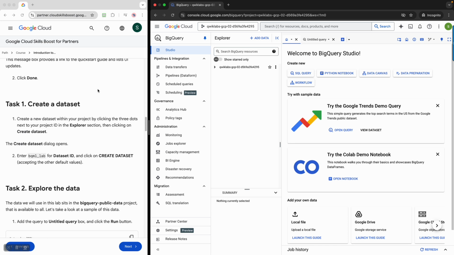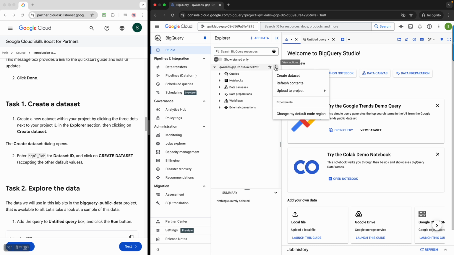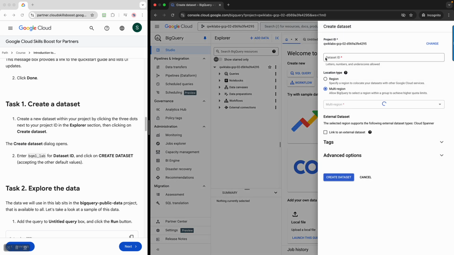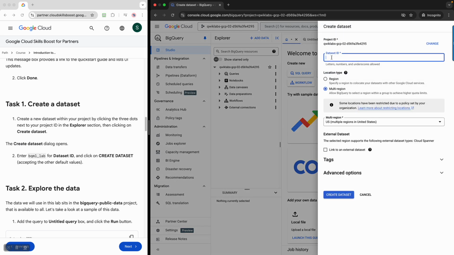Now let's continue with the first task. Create a new dataset. Okay, this is the project. Let's create a new dataset, and the dataset ID is BQML underscore lab as they provided, and I will leave the rest of the things as